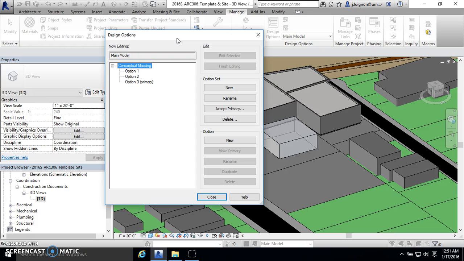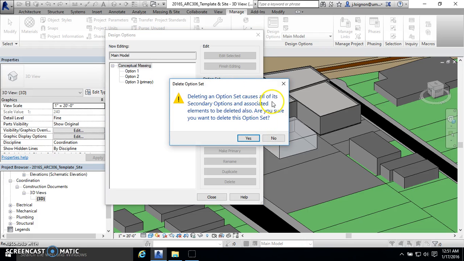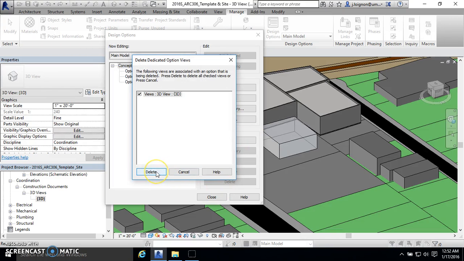If you're ever going to accept a primary option, maybe that's a time where you save this file as a different version or name it differently, so you still have the other options as backups in case you ever need to go back. But instances could be like this: if I have these three options for my building, and I want to pick this one to get started with the actual schematic design, then maybe I say accept primary, and then it tells you it's going to delete all the secondary options, and then